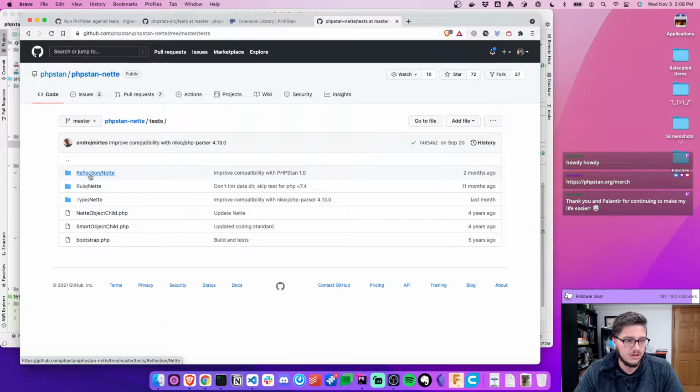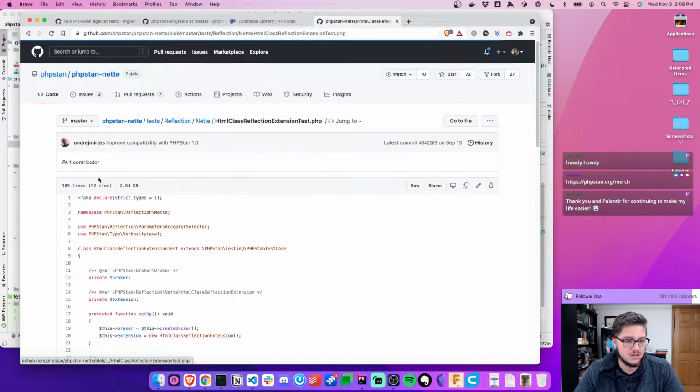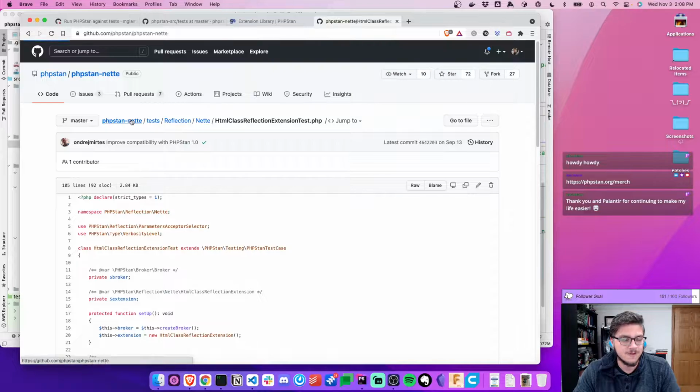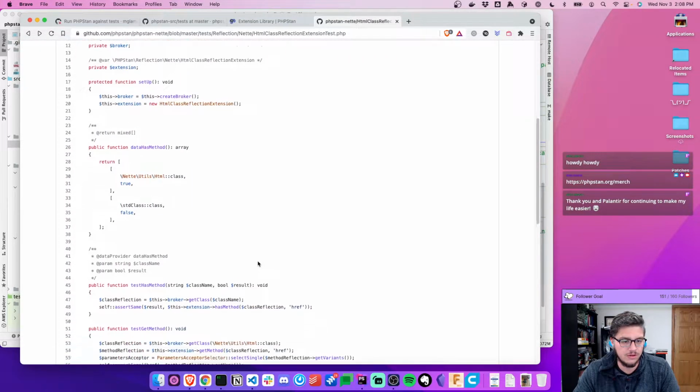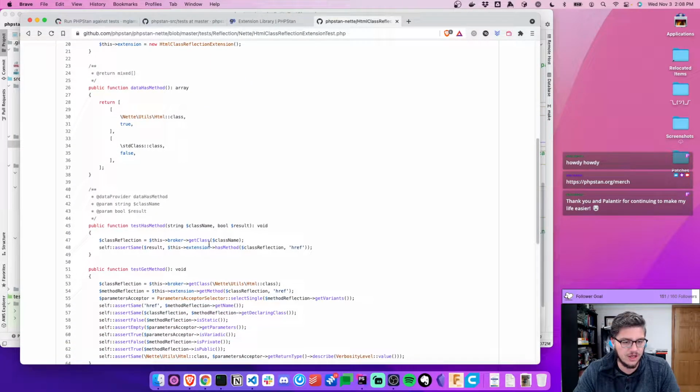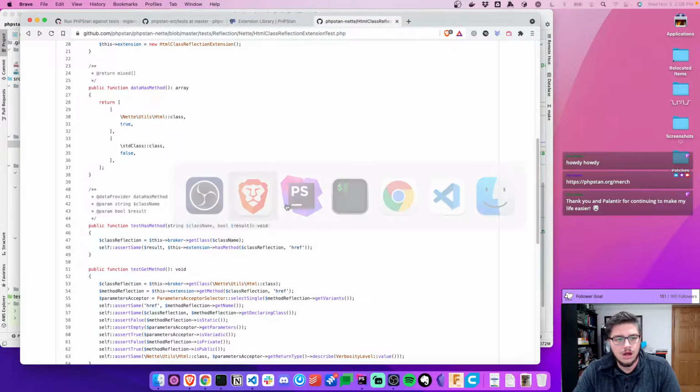Tests, reflection. All right. So great. We have an example here. We've got the phpstan broker, which is deprecated, but it's still being used here. Why? This broker get class name, class reflection, assert extension has method. All right, let's try